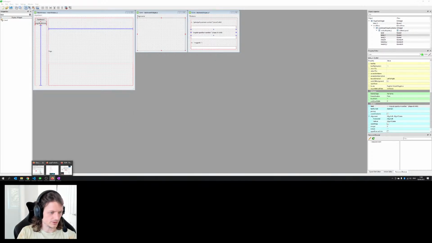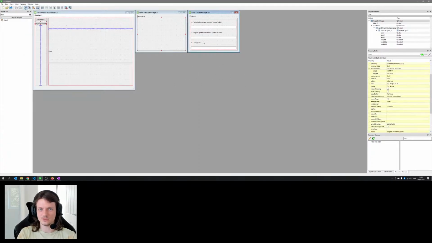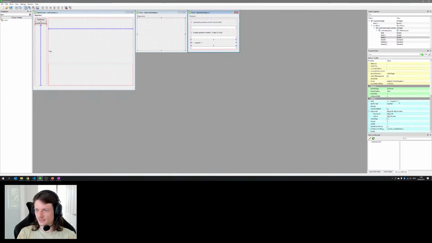Then we've got the magnetic quantum number, the orientation in space of a particular orbit. So orientation of orbit. Okay.